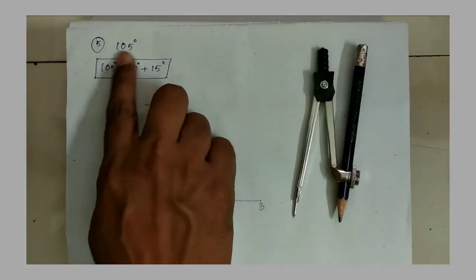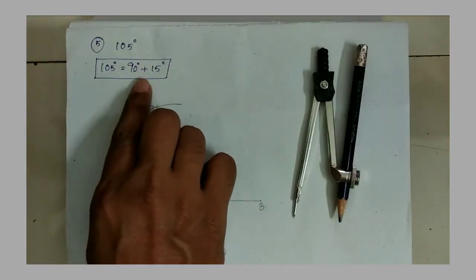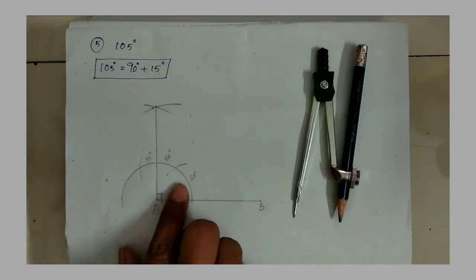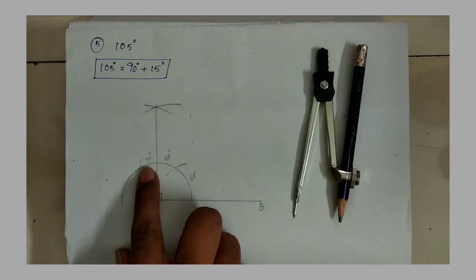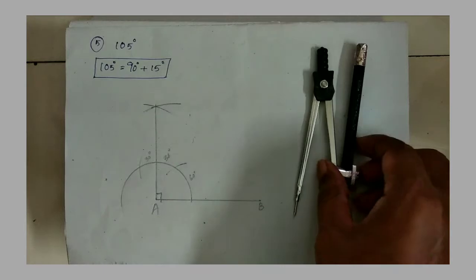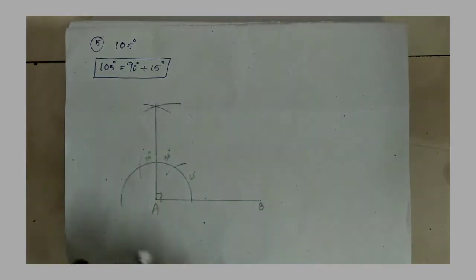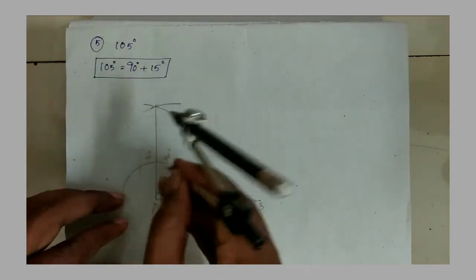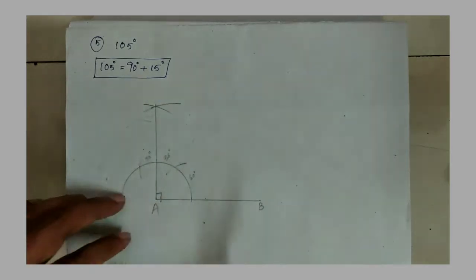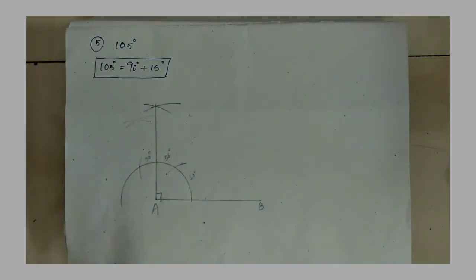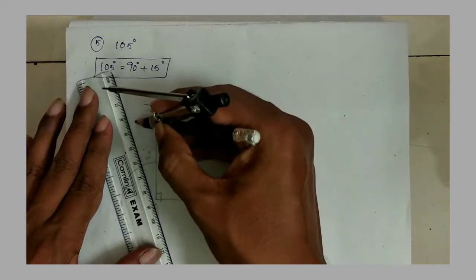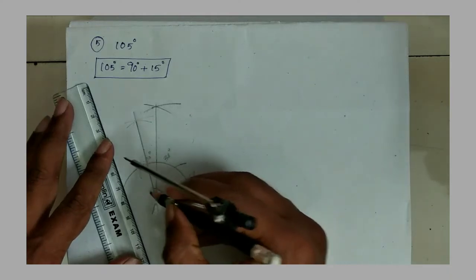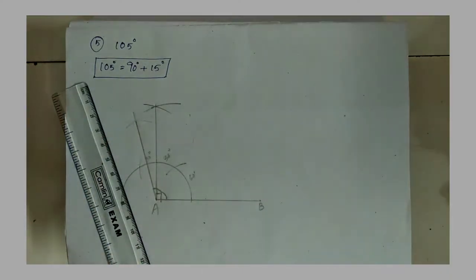Then next one is 105 degree. 105 degree can be written as 90 plus 15 degree. Okay, first we need 90 degree. Already you know 60 degree, 30 degree, and again 30 degree. Okay, then half of 30, that's equal to 15 degree. So we take half of 30, bisector of 30 degree, draw an arc from that point, draw another arc, or cut the previous arc and join to A. Join to A. So this is the half of 30 degree. So you will get 105 degree, that is 90 plus 15.